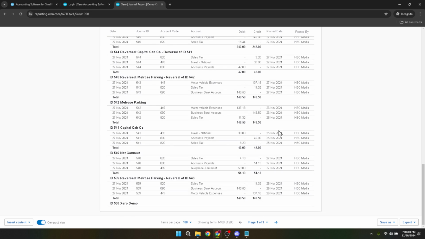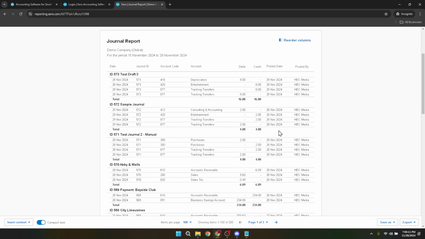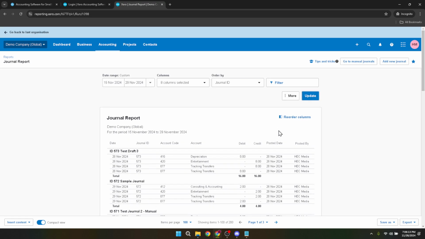A few additional tips to enhance your experience. Take your time to familiarize yourself with the layout and various options within the journal report section. Understanding how to filter, sort, and interpret the data can significantly improve your efficiency and the insights you gain from reviewing your payroll journals. Keep in mind that managing payroll and reviewing journals are integral aspects of financial management. Ensuring accuracy and staying informed about your business's payroll activities are crucial for compliance and financial health. Xero's platform is designed to make these tasks manageable, providing you with a clear view of your financial standing.